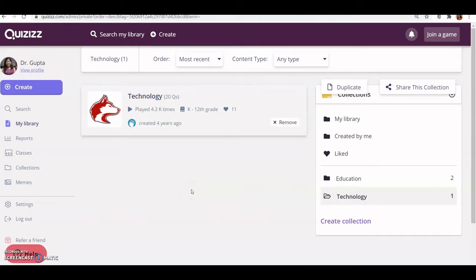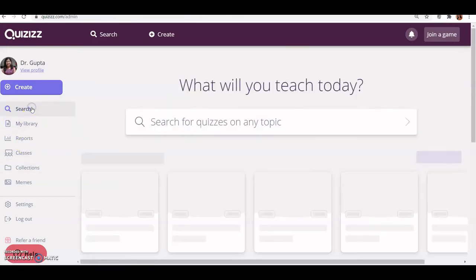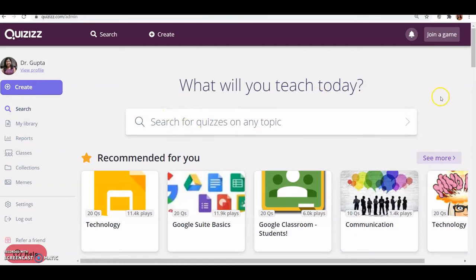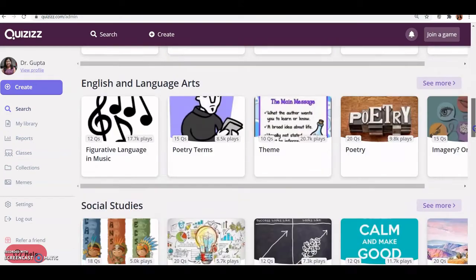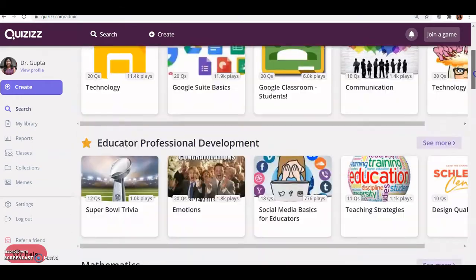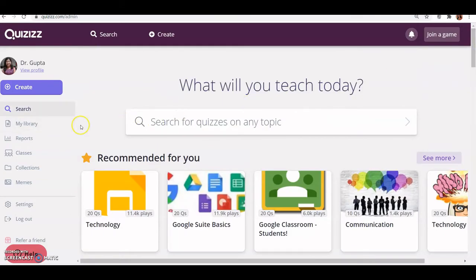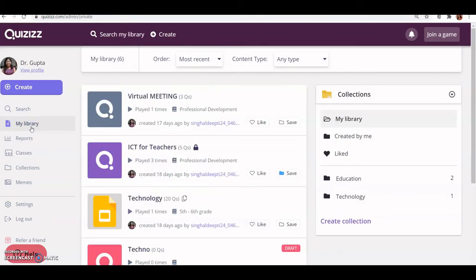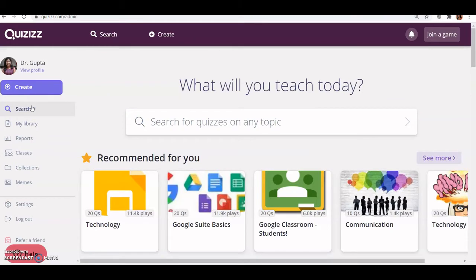So whichever themes or on which topics you have to search the quiz, you can go to the search bar and just type the keywords or just randomly scroll. If you find any major theme related to your subject, then you can just click on save and it will go to your library. So for later use, you don't have to search again and again, and you will just go to your collection, your library, and create multiple folders or other themes, and that quiz will be saved. So this is one option if you want to search the quizzes and save them for your use.